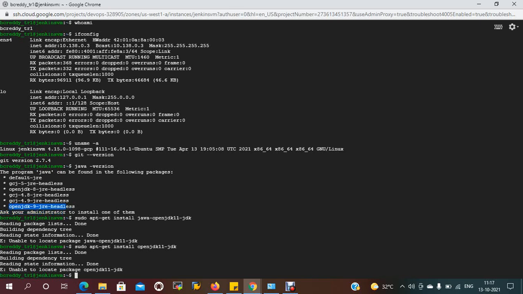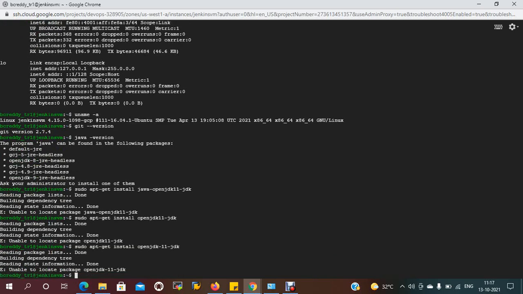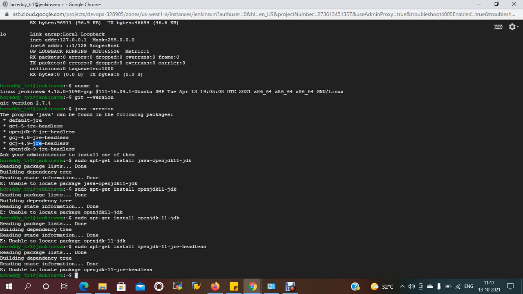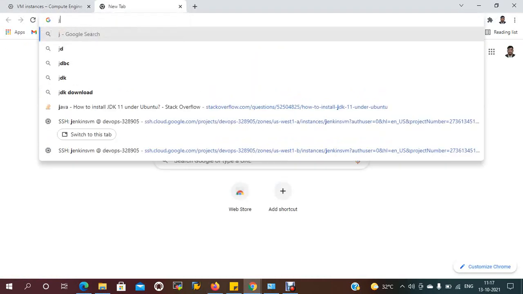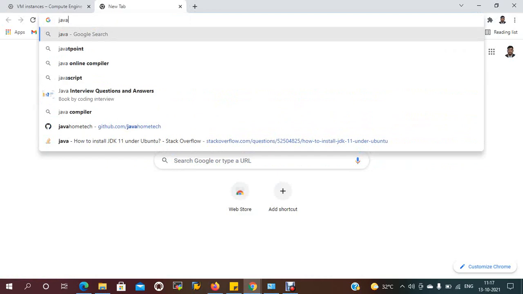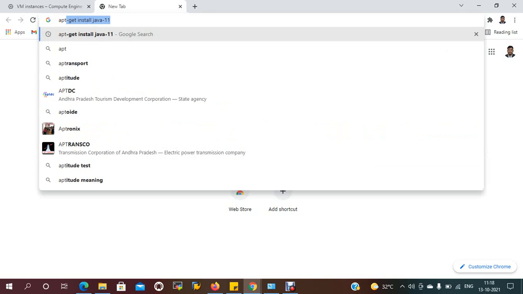So you just need to use sudo apt-get install openjdk 11, openjdk JRE headless. apt-get install Java 11.